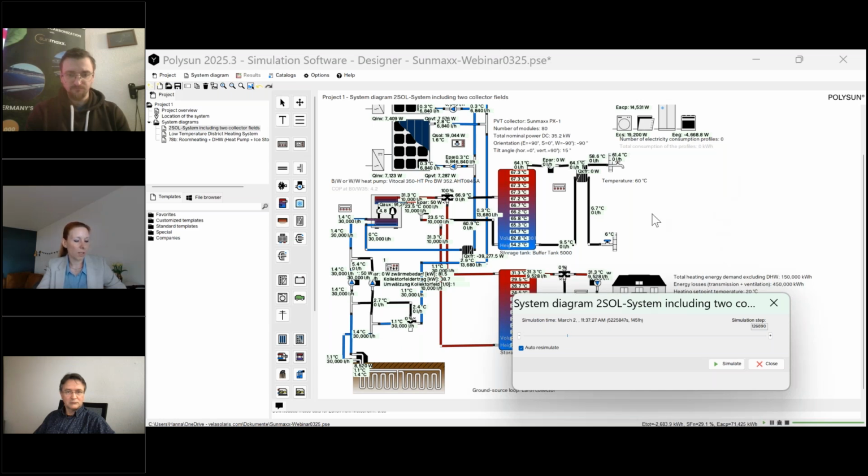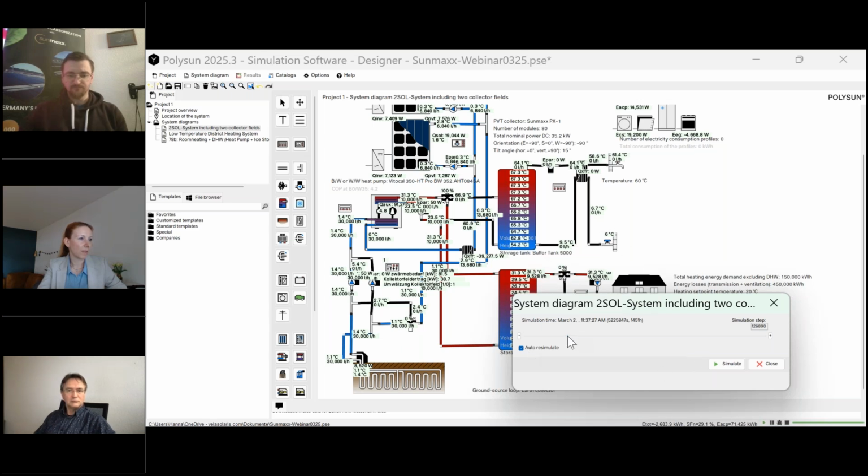What I want to show you here is all the benefits that we have from a combination of PVT modules with a ground source loop and a brine to water heat pump. So this is March the 2nd, around midday, and you can see that we get quite good temperatures here.